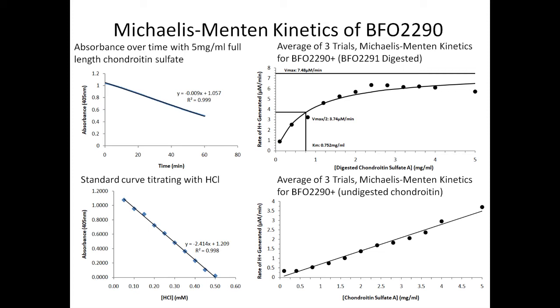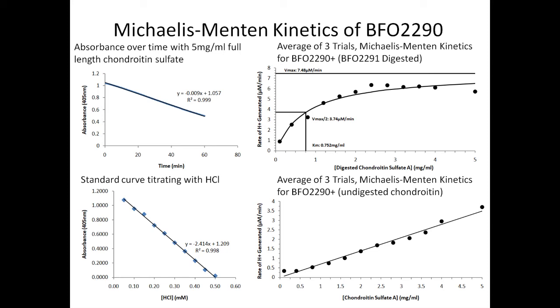Looking at the top graph, we can see that using the digested product of BFO2291 as the substrate for this reaction, we eventually reach Vmax, and it's a nice Michaelis-Menten kinetic curve. But using undigested chondroitin sulfate, it's a straight line and never quite reaches Vmax under the same chondroitin concentrations, which would indicate that BFO2290 is an exo-acting enzyme, meaning it will only cleave the terminal end or the completely digested